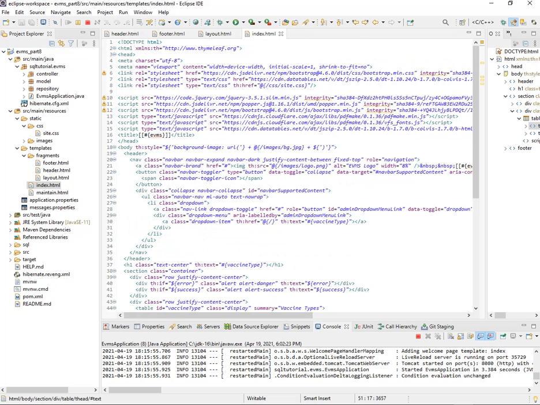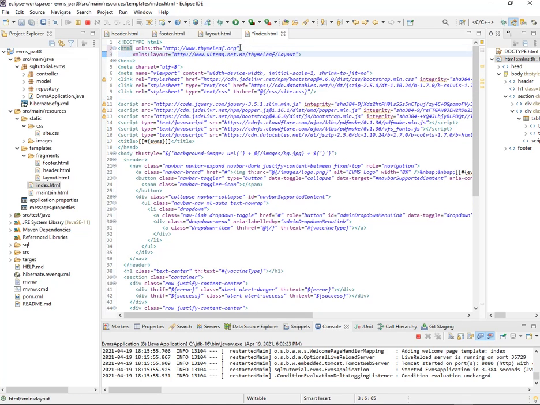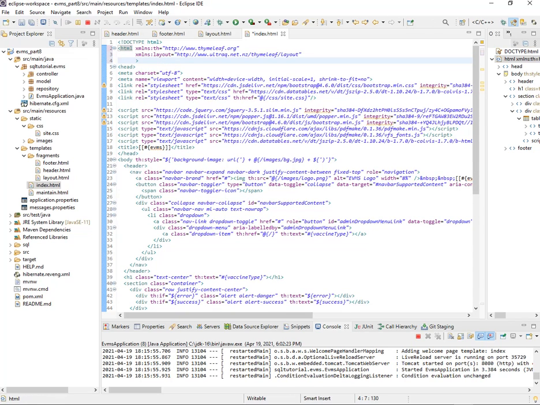Well, first of all, of course, we have to use the new namespace, which is the layout. It's always there. It's this. Then here we are going to say, hey, we are going to use the layout. And how do I say that? I say layout decorate, and then we need to specify which layout we're going to use. And of course, you start with this tilde character, and you basically specify wherever my pages start. From there,